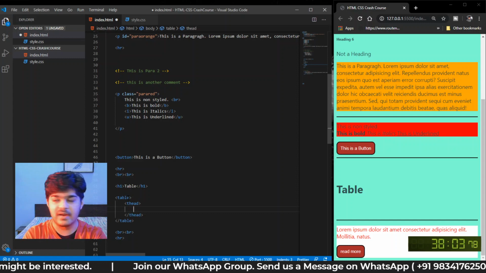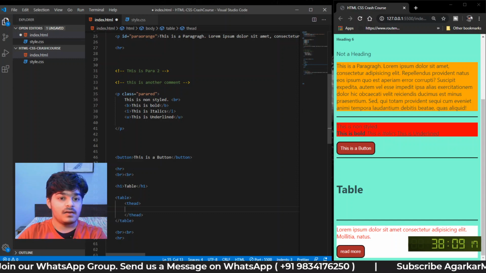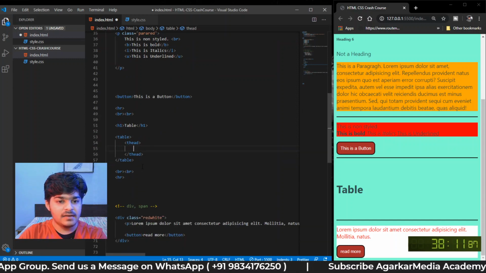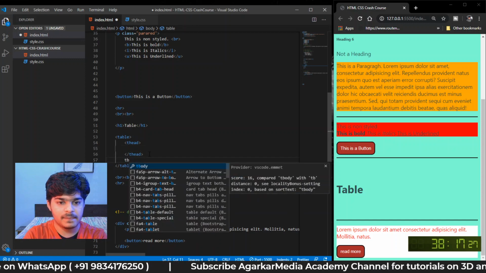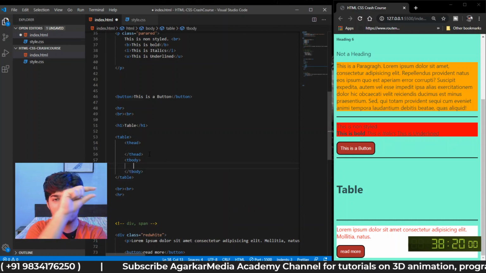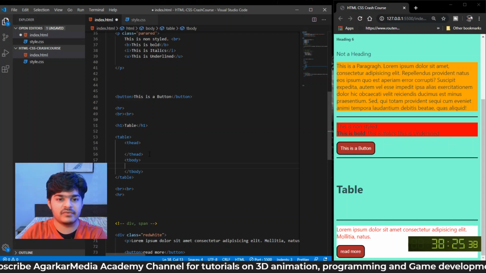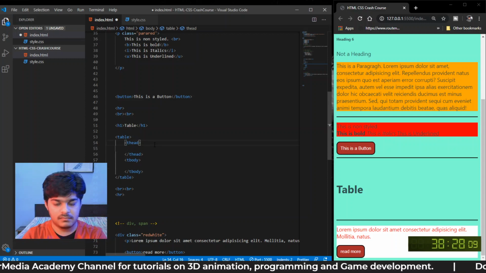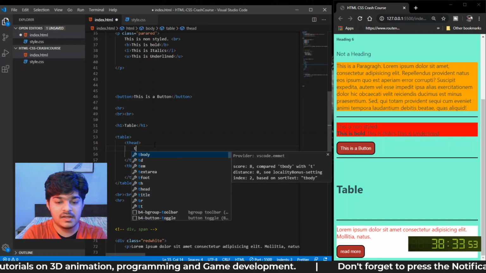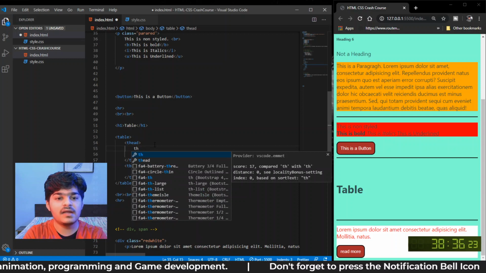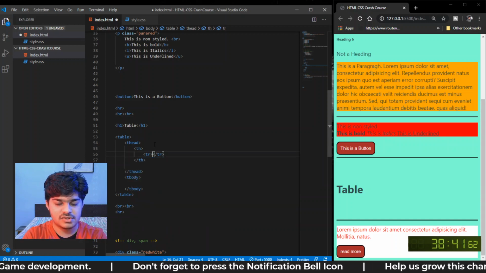Okay, so table head and table body, these are the two parts that we need to write inside of a table. So table head, the header section, which is about the column names, right? And table body is the other part, right? So tr, we just need to write a table, th for table head, and tr for table row. So th, tr, column 1,